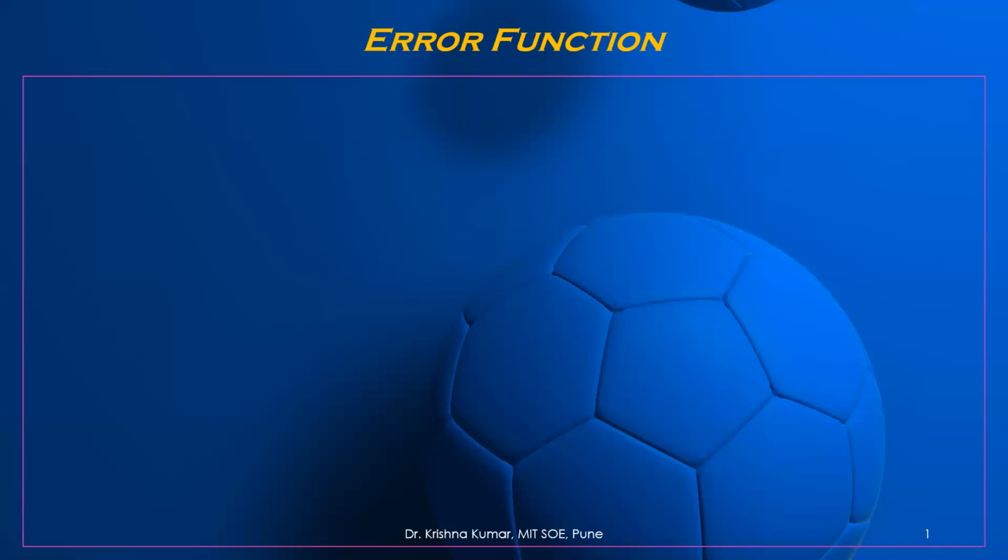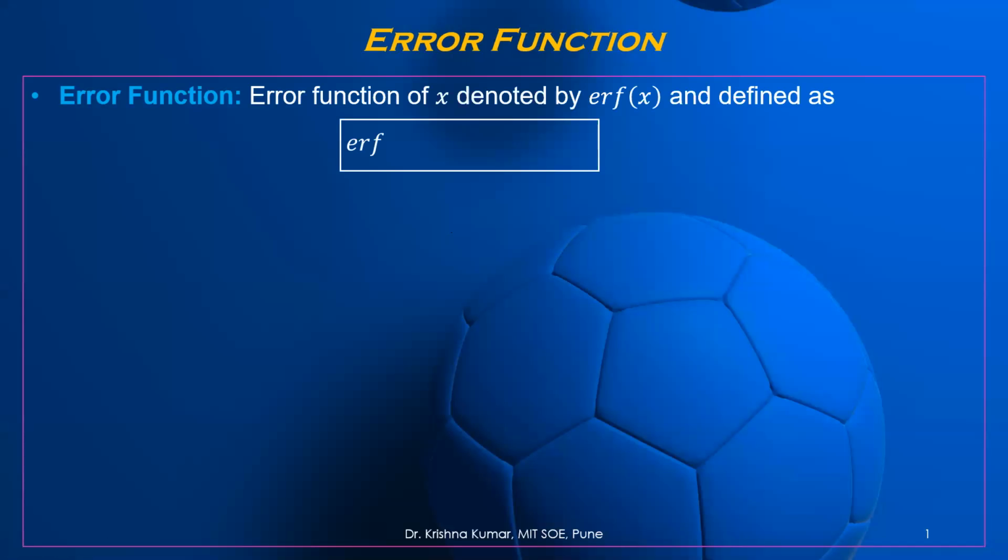So we have already seen in the last lecture the meaning of the error function and how to define it. It is nothing but an integral, a mathematical formulation. The error function is defined as erf(x) = 2 upon root pi times the integral of e to the power minus u square, from 0 to x, with respect to u. And similarly, we have already defined its complementary error function.